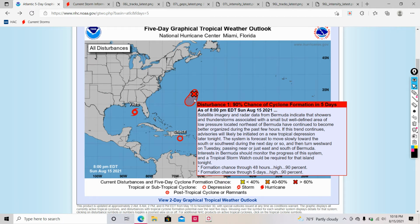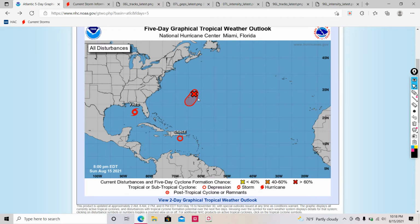The system is forecast to move slowly towards the south or southwest during the next day or so and turn westward on Tuesday, passing near or just east and south of Bermuda. Interest in Bermuda should monitor the progress of the system, and a tropical storm watch could be issued for that